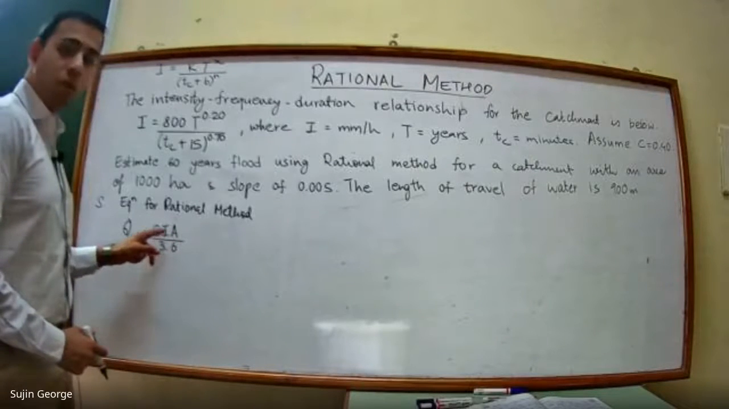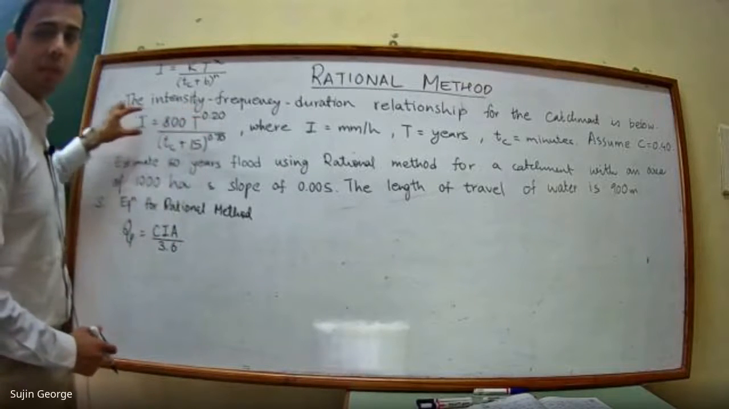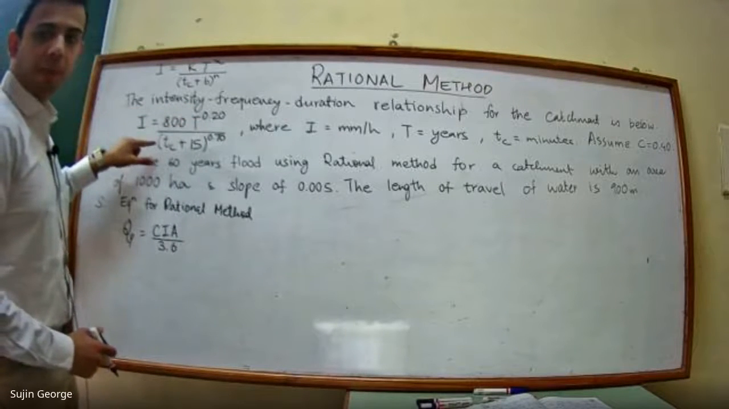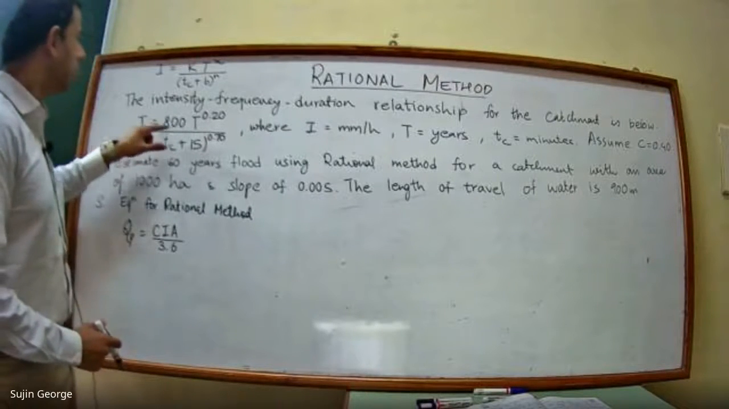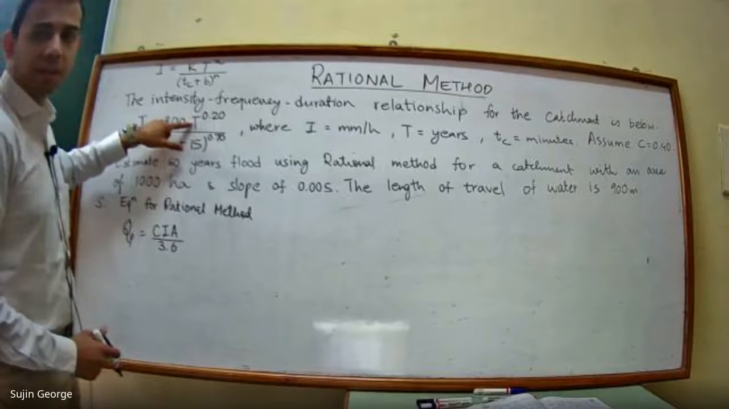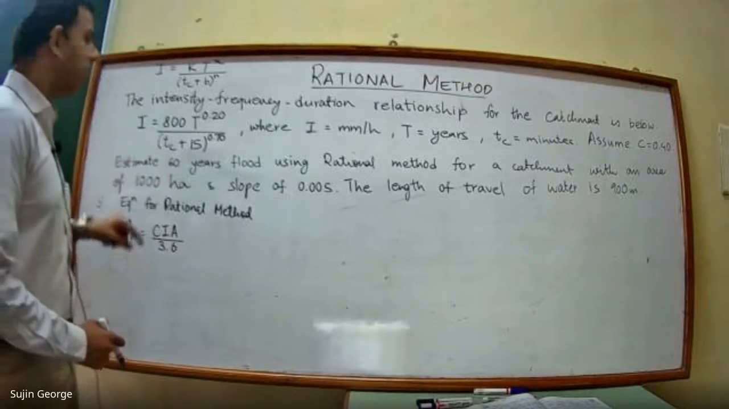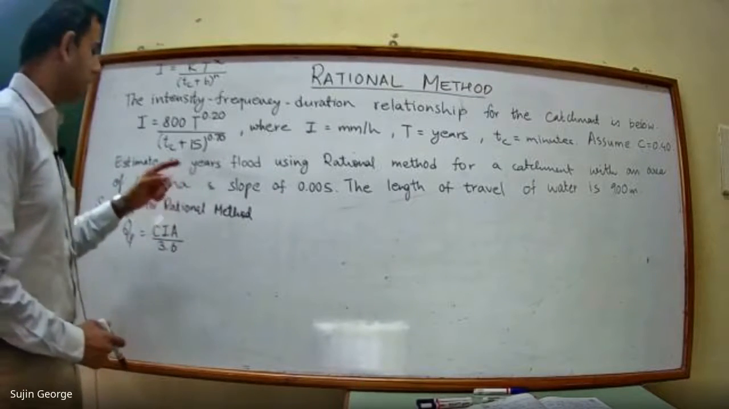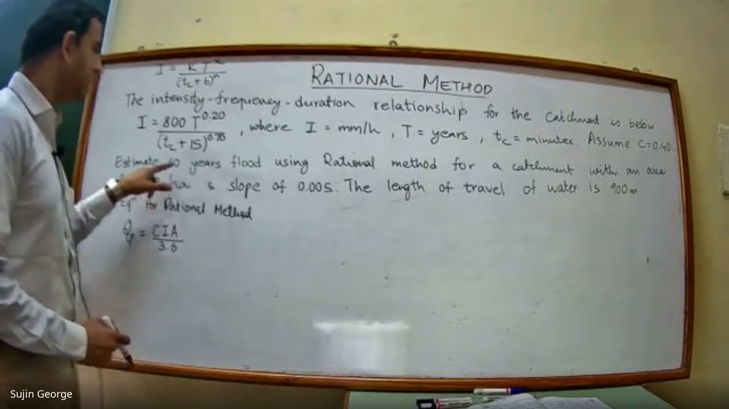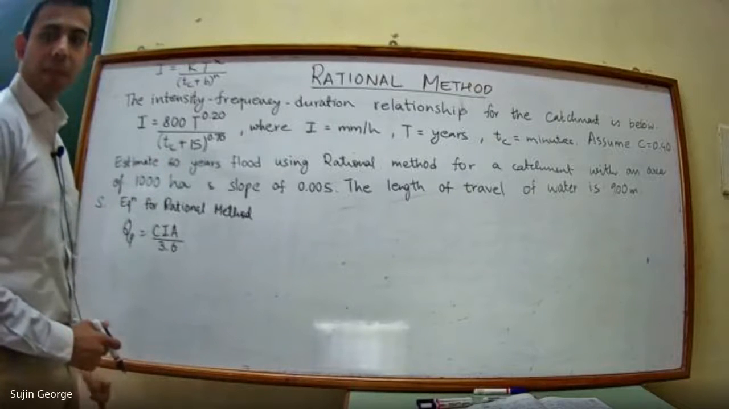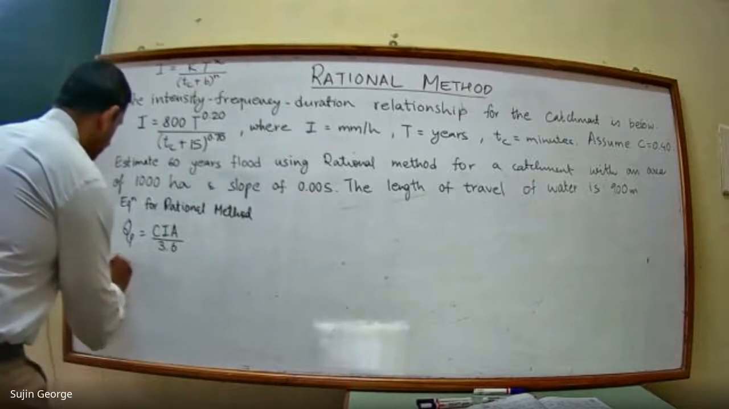But you don't know the value of I. I can be found out from this formula, from this equation. But for finding out the value of I, you need to know the value of this capital T and this TC. Now the value of capital T is given to you in the problem. The value of capital T is given as 60 years. Estimate 60 years flood. Hence the value of capital T, so I will write over here as the parameters that is